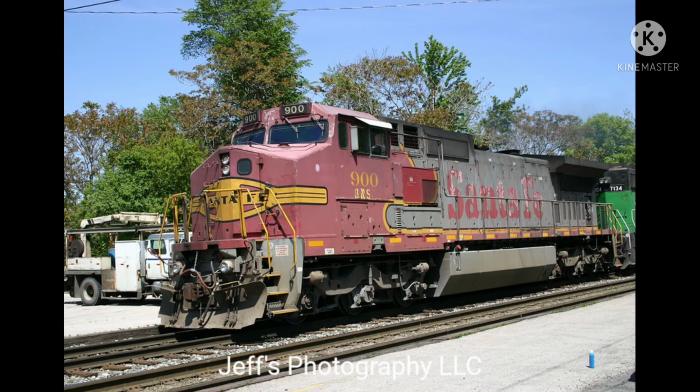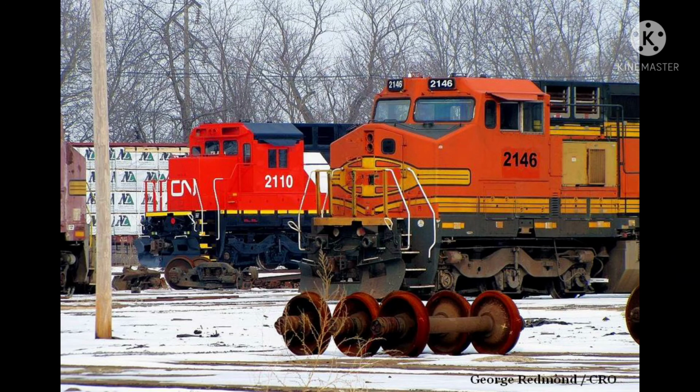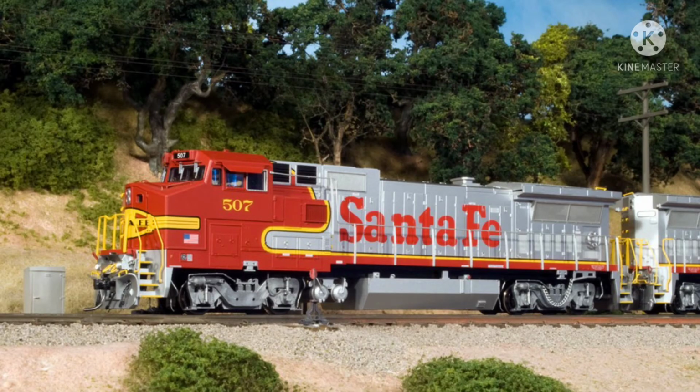Both of the locomotives were painted in red and silver, which would be known as the War Bonnet paint scheme. After the merger of the BN and ATSF, which would create the BNSF in 1995, some changes were added on the C40s and B40s, like adding a large logo on the engines, or adding a small patch underneath the numbers. Standard cab units were being renumbered, while the white cabs just kept their original numbers. Over the years, the Santa Fe warbonnets were given the name pink bonnets because the red paint was getting so faded they looked like